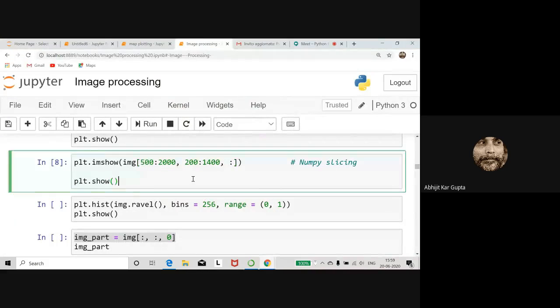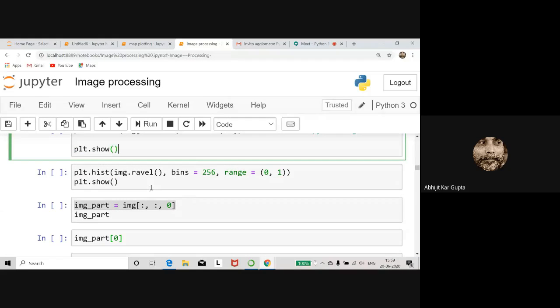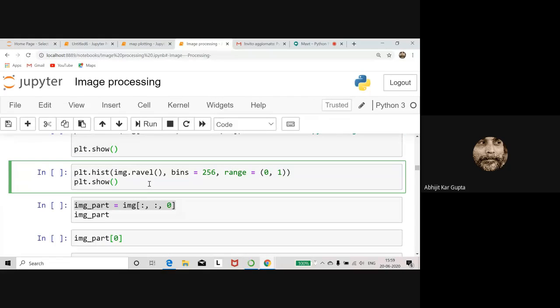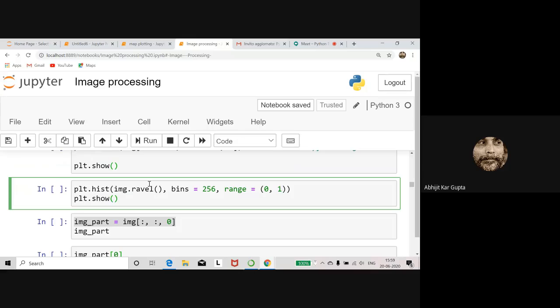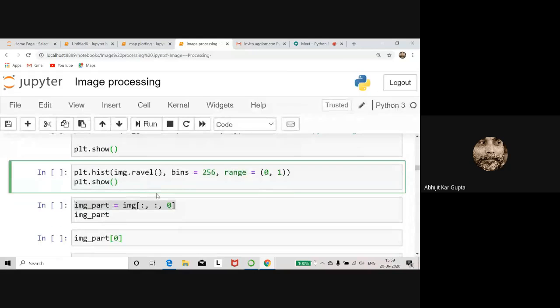Now, in our camera itself and through Photoshop, we see the histogram, which color's contribution is what, etc. The color range is here from 0 to 1. We can deal with it. For the image, there is a function called ravel, so image.ravel.